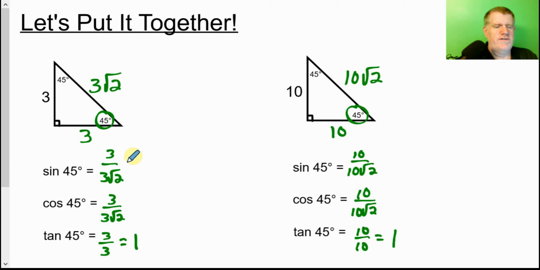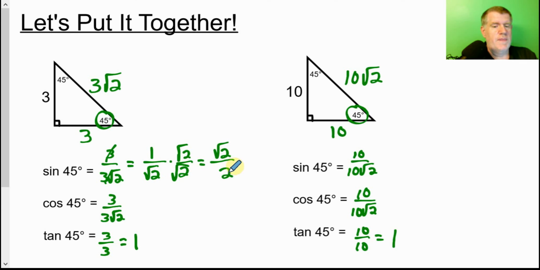Now let's simplify these. The first thing I know is that these 3s are going to cancel. I'm going to get 1 over root 2. Can't have a root of 2 in the denominator. So 1 times the square root of 2 is the square root of 2. Square root of 2 times square root of 2 is the square root of 4, which is 2. So with that same logic, this will be the square root of 2 over 2, because we know these are the same. Well, what do you get here? The 10s would cancel. You get 1 over root 2. Well, guess what? That's what you had last time. So after a little simplification,